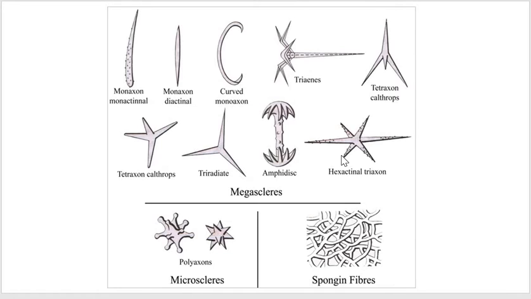Now the polyaxons. In polyaxons, there are many equal rays radiating, here you can see in the diagram polyaxons, right? So there are many equal rays radiating from the central point, and hence it is called a polyaxon, meaning many. Polyaxon means what? From a center point radiate many rays, that is polyaxon. Or such rays may be grouped to give rise to a star-like appearance. Okay. Now polyaxons are common among the microscleres. Here you can see, in the case of microscleres, such polyaxon spicules are very common.